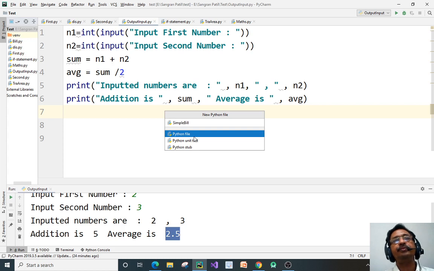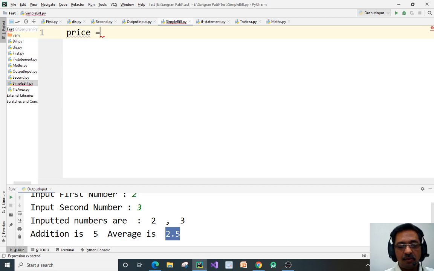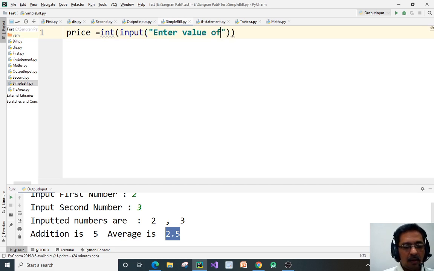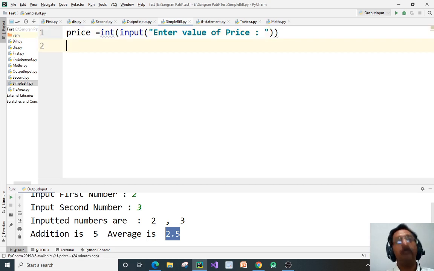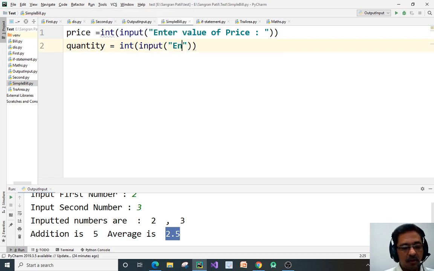I will give here now simple bill. I want to read price, so I can convert this into an integer, input, enter value of price. Then again quantity equal to, convert this into an integer, so input, enter value for quantity.